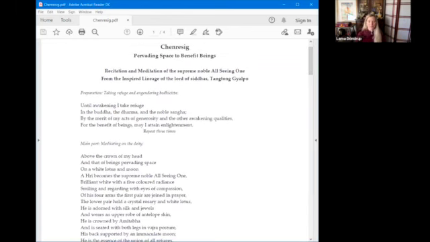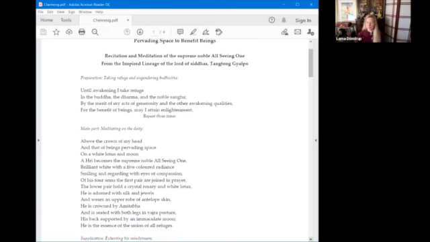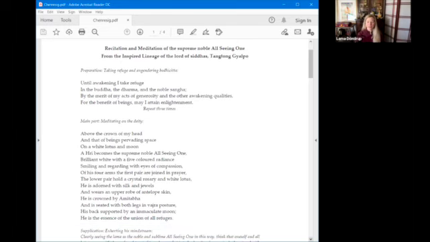So the first thing we want to do is find a way, again, to sit that allows the spine to be straight, allows you to be alert yet relaxed. I'll ring the bell to start the practice, and we'll just sit for a moment in silence with our attention really for just about 3 breaths in the subnavel region, just to really gather our energy and concentration.